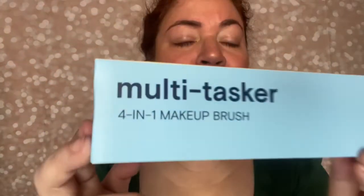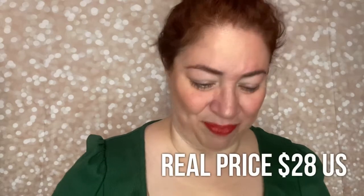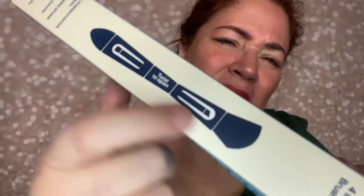But this actually gives me life. And this is called the Multitasker. It's a 4-in-1 makeup brush. You know me and makeup tools. Besides skincare and hair care and makeup tools, gotta have them. So this has a very interesting shape, and it has dual ends,